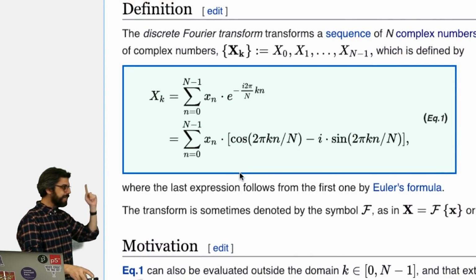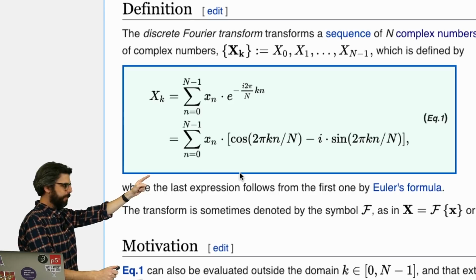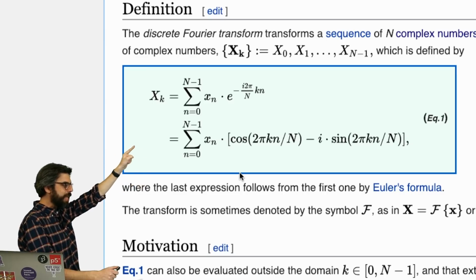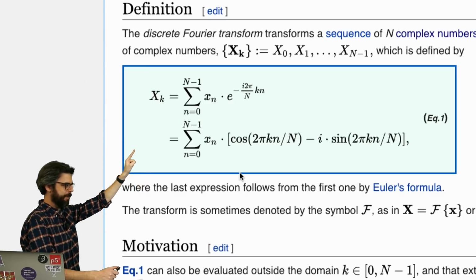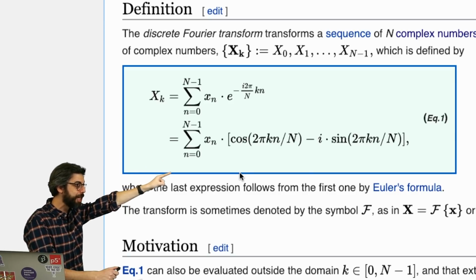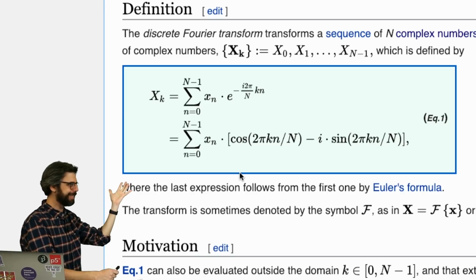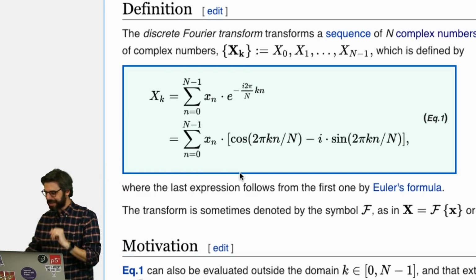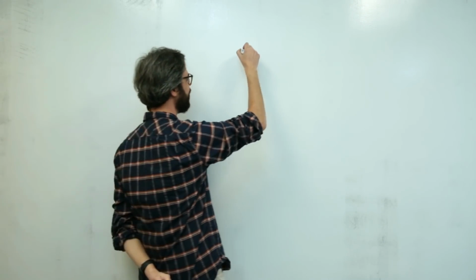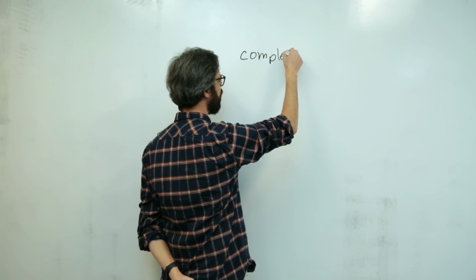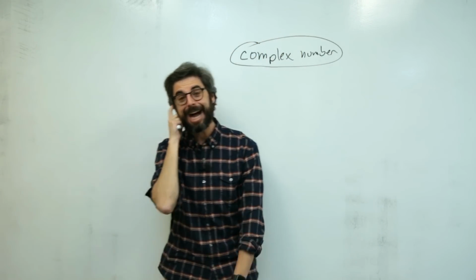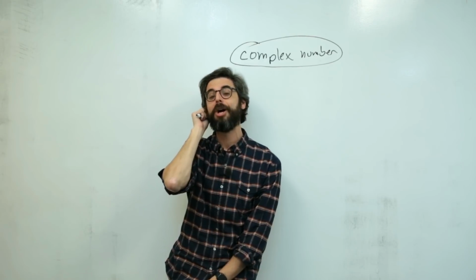So my signal is x sub n, lowercase x n, and the transform is capital X sub k. So I need to write a function that computes this exact equation and returns it as an array. And this is exactly what I'm going to do. This is exciting. Now, one thing I should mention is that in order to work with Fourier transforms, I need to understand something called a complex number. Now, if I recall correctly, the last time a complex number came up on this YouTube channel was probably in my